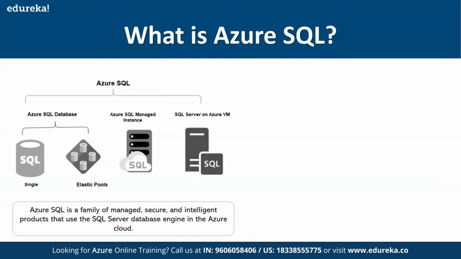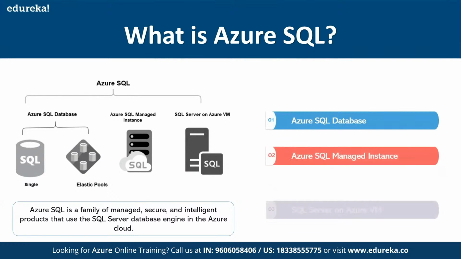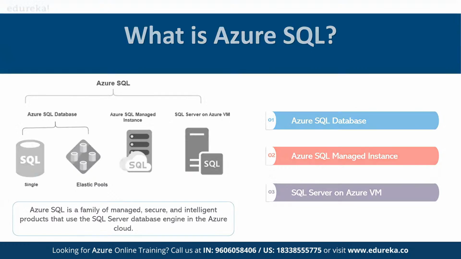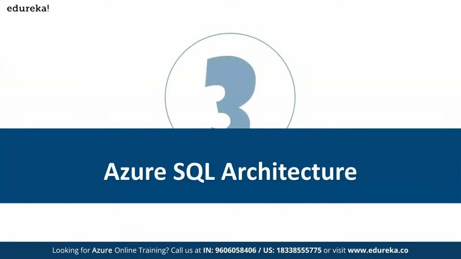Okay. Now, this is an example of Azure SQL. You can see you have various choices. Either you can create an Azure SQL database where you're going to have a single tier, single node, then you're going to have various elastic pools. Then you're going to have Azure SQL managed instance like this. And then you're going to have SQL Server on Azure virtual machine where you're going to have a cluster of it. Now, in the case of Azure SQL database, this does not require any kind of dedicated hardware. You can just build it in your environment and leverage it depending on your requirement.